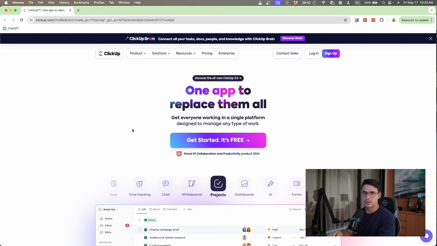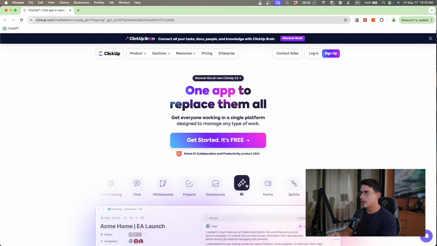So, one app to replace them all, I think that's BS. You're not going to be able to replace everything unless you're happy with average-ish apps to do the things that you're doing, or you're on a tight budget. Definitely that's going to help. But from personal experience, some of these things in the ClickUp platform, like their whiteboards and things along those lines, their chat isn't really that useful, right? Because for chatting, normally people use Slack. I use Slack. The whiteboards, they are very glitchy. They are not that good. The UI is very poor. So we've tried using it in the past, didn't like it. I typically just use Canva for whiteboards.